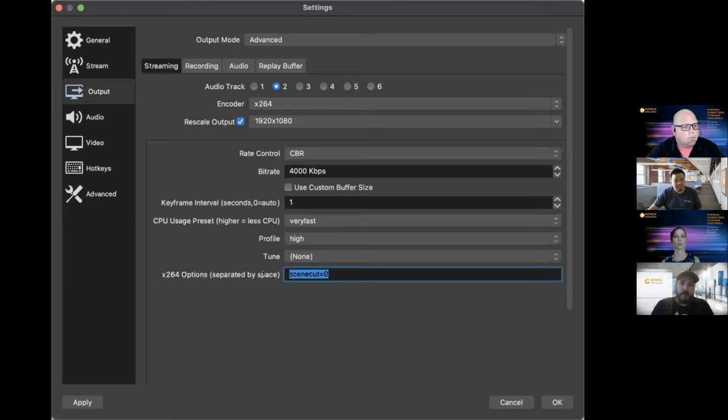This specifically comes up if you are using multiple scenes in your stream. So if you have one camera view on the left, one camera view on the right, and you're switching between those, scene cut will force your encoder to then go back and realign all of the keyframes on the different feeds, so that by the time it comes out to us, it's one single feed rather than different cuts from different angles.